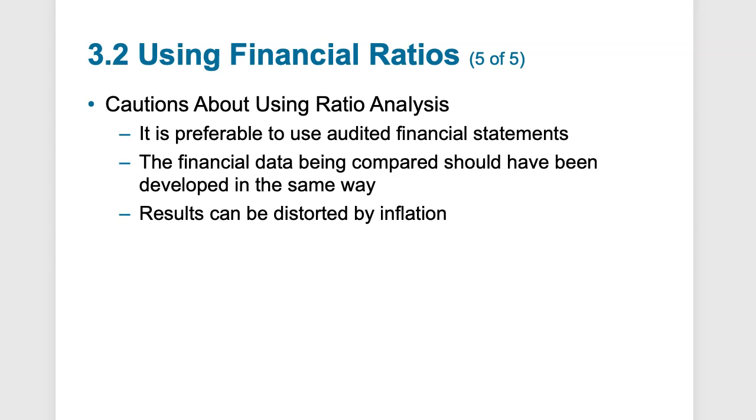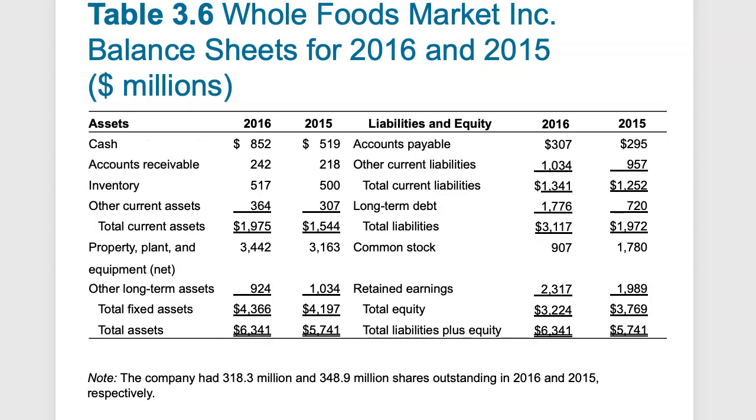And in the next section of this lecture, part 2, I'm going to start off by looking at some companies. We're going to start with their financial statements, and then we're going to work through the different financial ratios to get a better idea of how to interpret the performance of this company over time. Okay, so I look forward to talking to you in part 2 of this lecture.